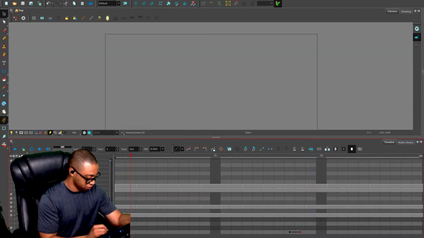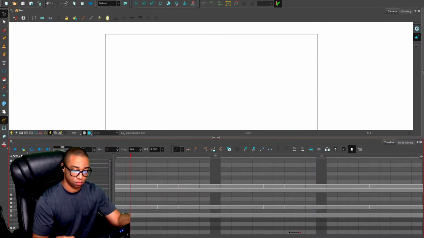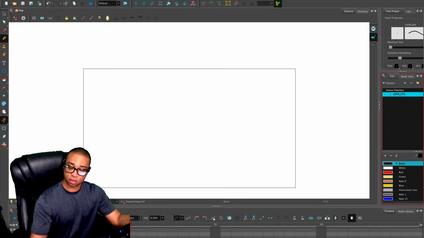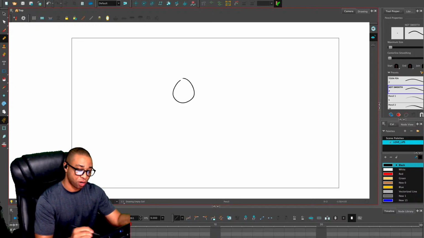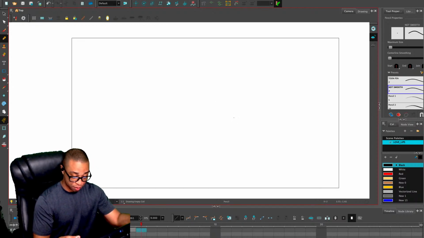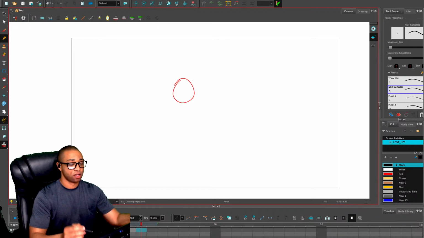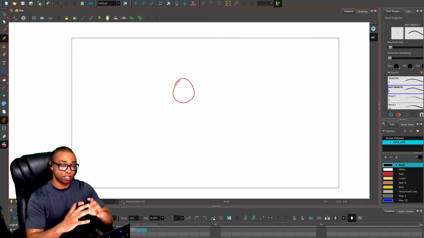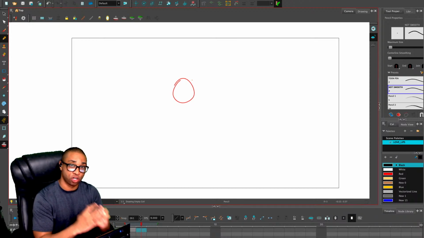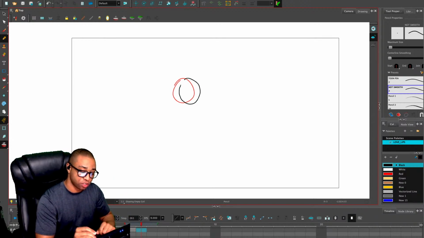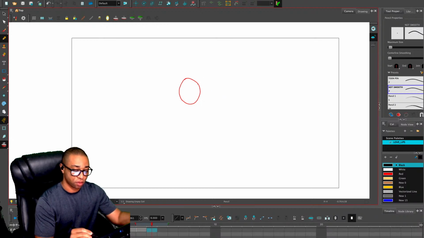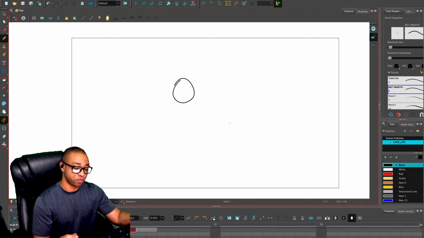Promise it won't take long. And I'll get to the point of what I'm trying to make with how many frames here in a second. So you have a ball. I go to the next frame. And I turn on my onion skin because I can't see it right now, right? Turn on the onion skin. It makes it light enough and in a different color so I know what to draw next based off of what I drew previously. So I want to move it. So I go slightly to the right. And I just start moving it. So now look, it looks like I moved it, right?